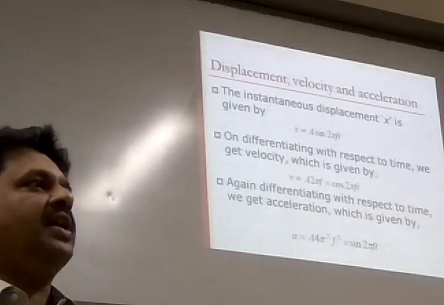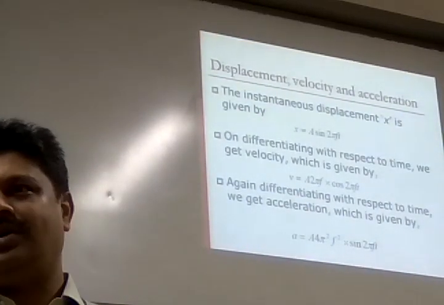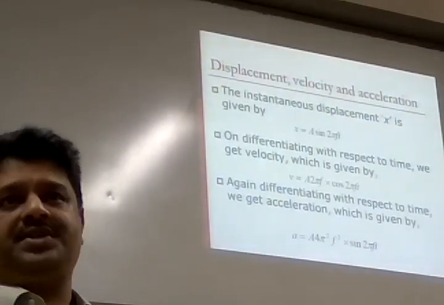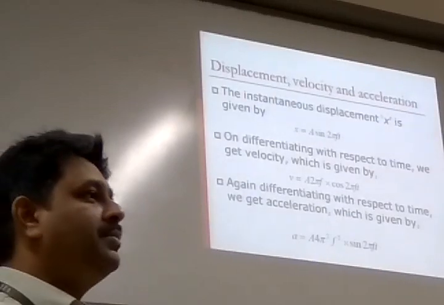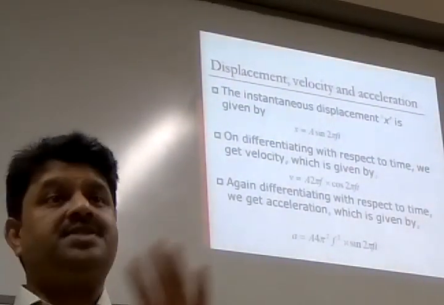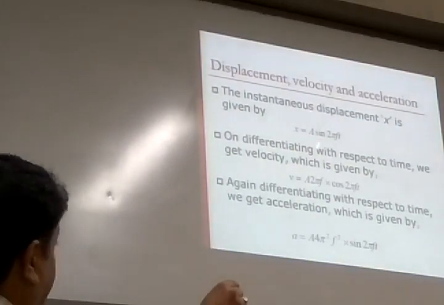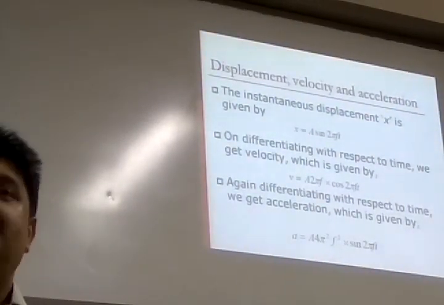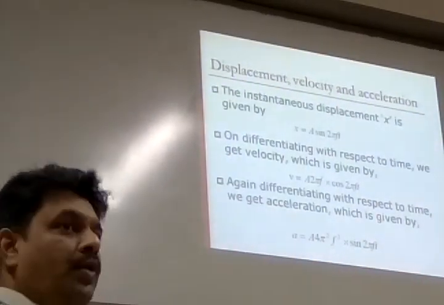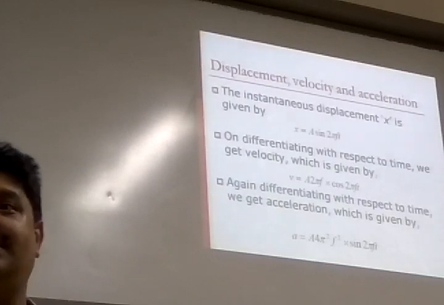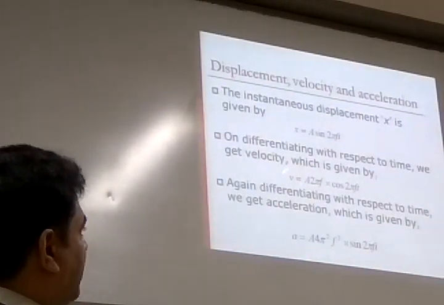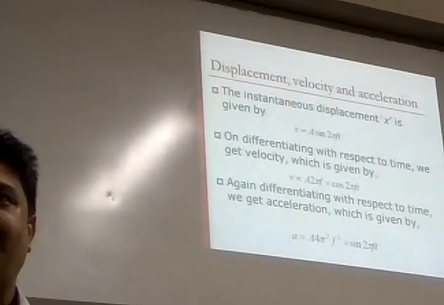We are all engineers working with machines operated at 1400 rpm, so we will be generally concerned with acceleration. Suppose I have a machine which is operating at 5 rpm, 2 rpm, 3 rpm, things like that, we will not be interested in acceleration. We may be interested in displacement, because this sensor will give a better output for displacement measurements. For the middle range of frequencies, velocity is the best parameter